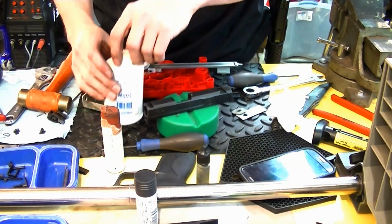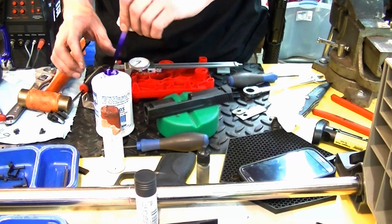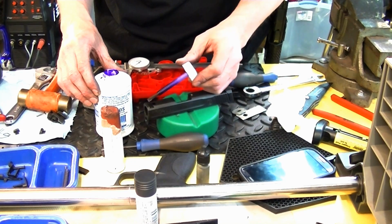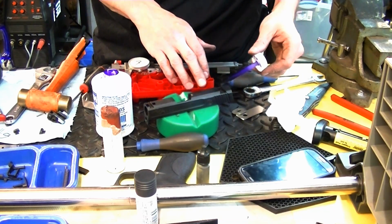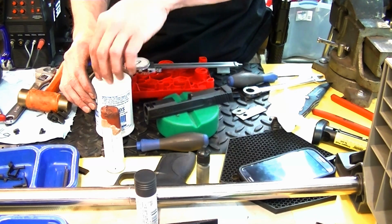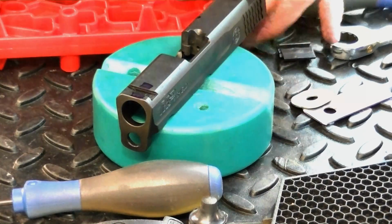So what I'm going to do is take my dike, and I don't want a whole bunch at all. I just want to get as much off of there as I can. And I'm going to put a little bit right in the middle. That's all I'm going to do. I'll go ahead and put some right in the middle there as well. And we'll let that dry, and then we're going to scribe a little touch of a line there right down the center line. Now that that's dried,